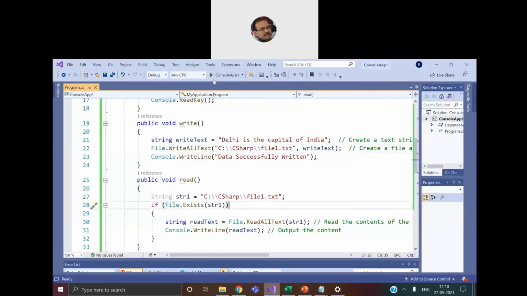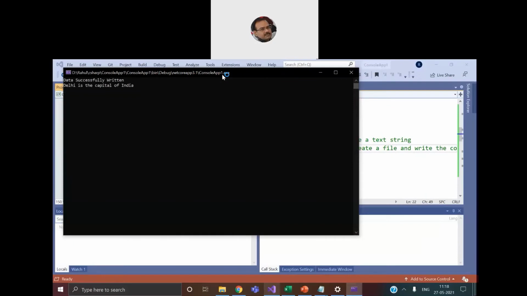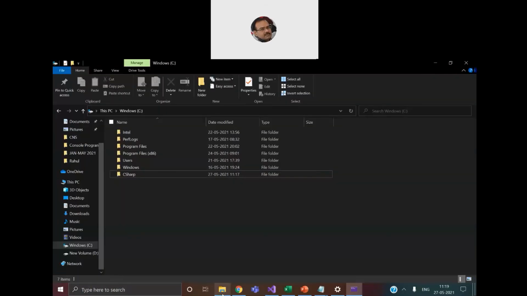So I re-execute the program once again, and let's name the file as file2.txt. Run the application. Is the command prompt window visible now? Yes, sir. Okay. Now it says data successfully written. Delhi is the capital of India. That means the file has been created, data has been written into it, the file has been found and opened, and then the content has been read from the file and displayed back to the end user using the command prompt window. Having done that, now we go back to the C drive and see the content of the